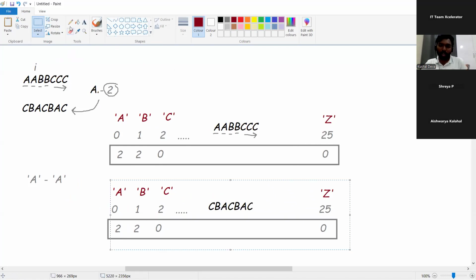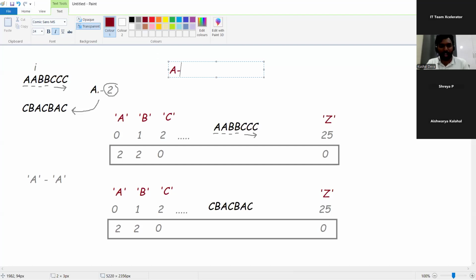But let's say here, we know that A value is 65, right? And capital Z value is 90. So there is no need to go and build the list or build the array until the size 90. What I mean is, 0 to 64, you are not trying to use, right? So it doesn't make any sense if you're trying to waste that 65 units of space. Maybe you work with integers or characters, you're trying to waste it, right?